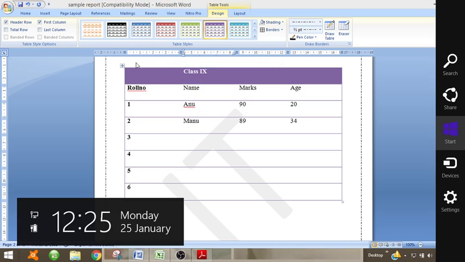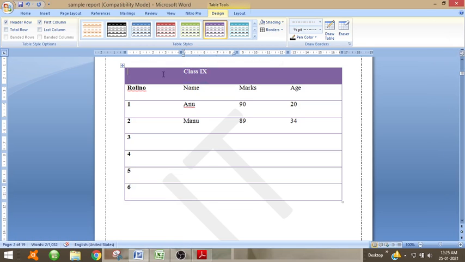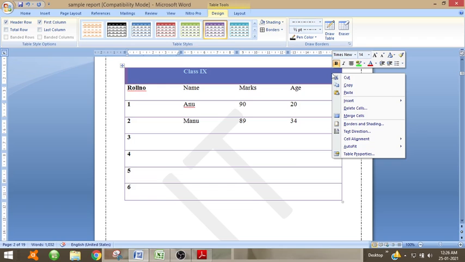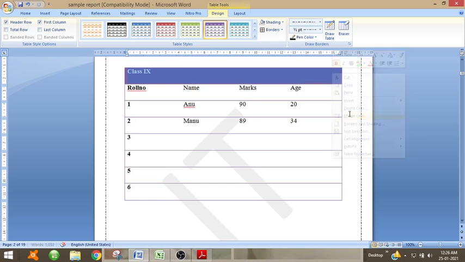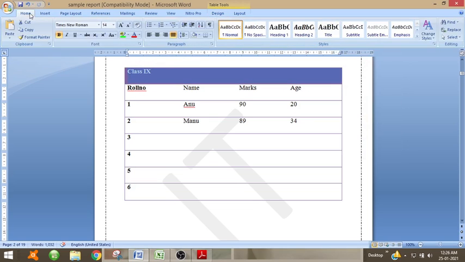So select all these different cells and merge cells. So all of the cells are merged together, and you can place this in the center. So you can merge different cells also.